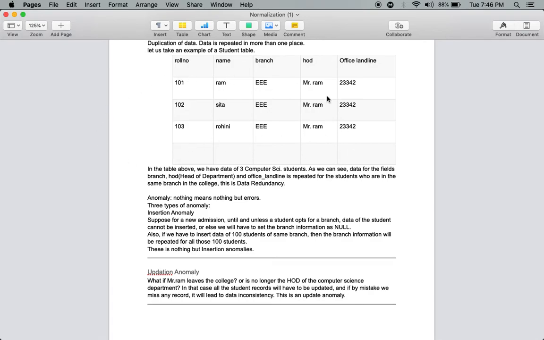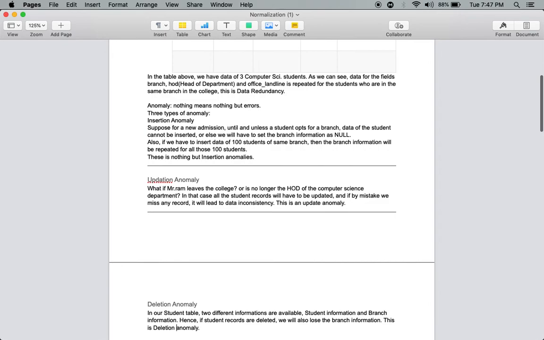If I delete all the students' information, the branch information is also deleted. So this is called a deletion anomaly. If I delete one piece of information, then the related information is also deleted.